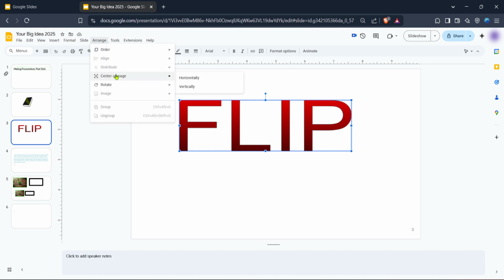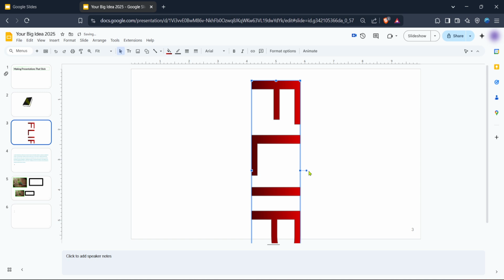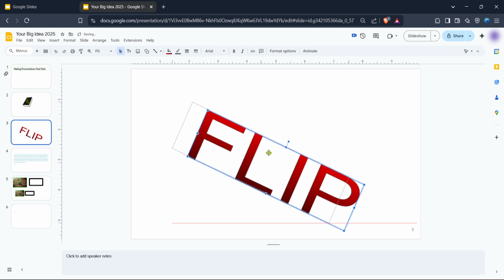Within the Arrange menu, look for the Rotate option. Clicking on this will open up a sub-menu with a variety of rotation choices. For simply flipping the text around its axis, you'll want to select either flip horizontally or flip vertically, depending on your desired outcome. These options will mirror the text, creating an interesting and captivating effect that's sure to catch your